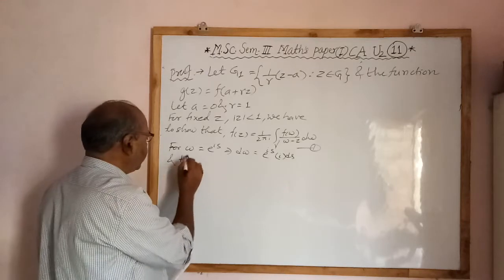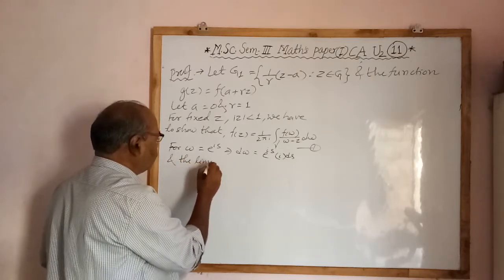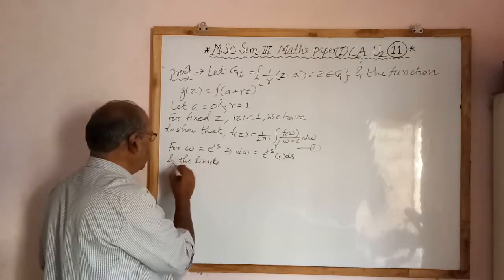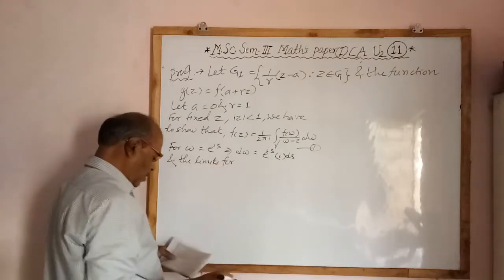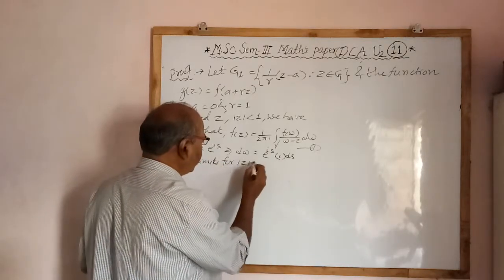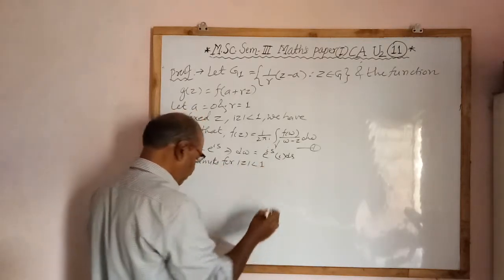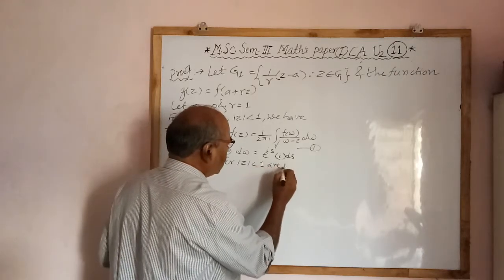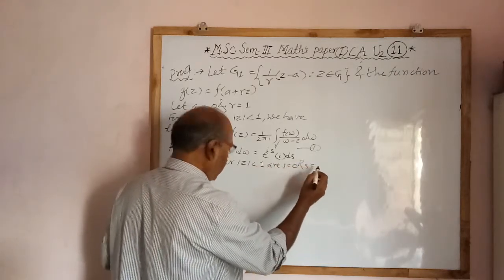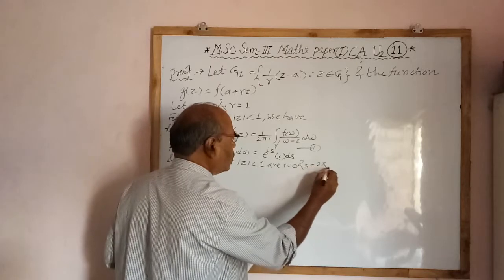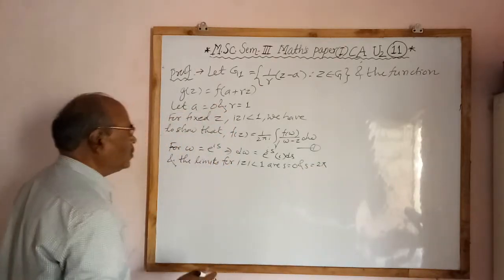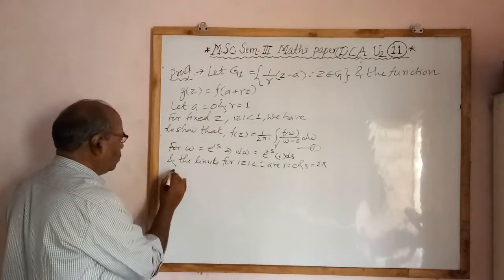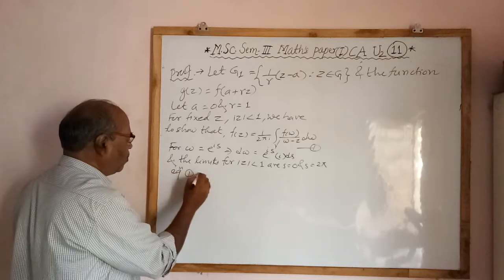The limits for mod of z less than 1 are s equal to 0 and s equal to twice pi. Therefore equation 1 takes the form